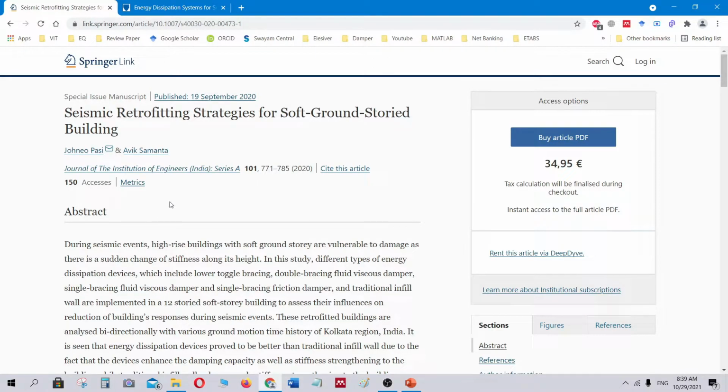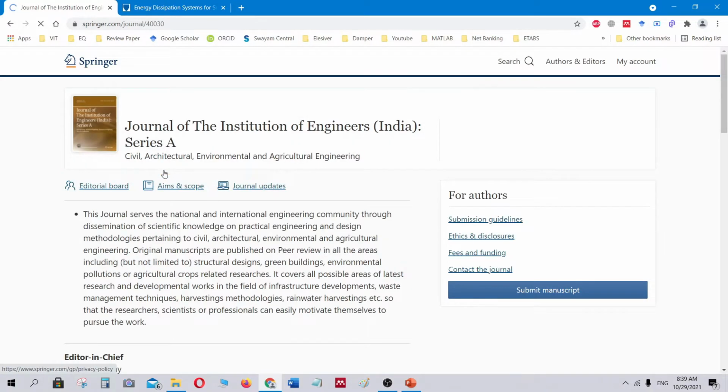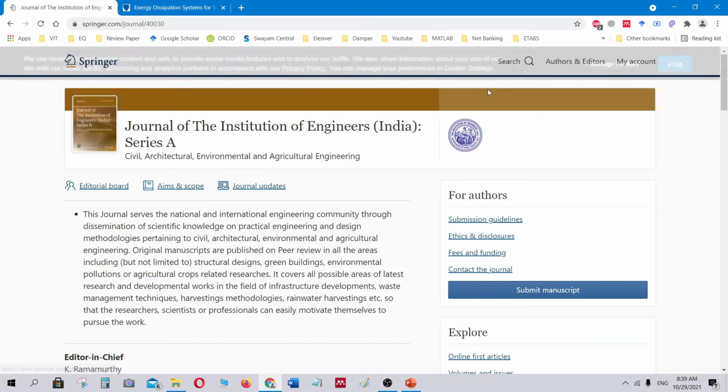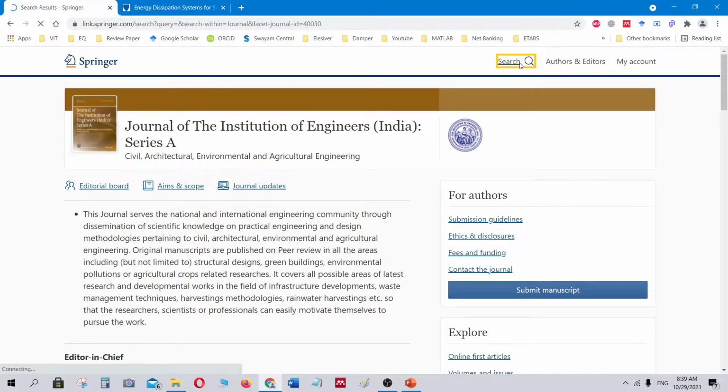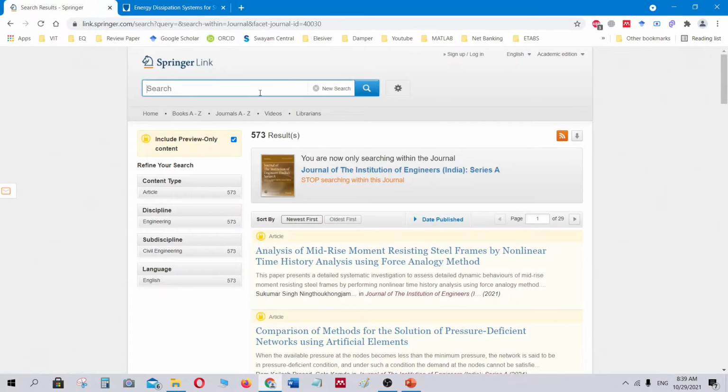The third method is to search within a journal. So I'm going to select this journal. And here there is a search bar. So we'll again type the same keyword.